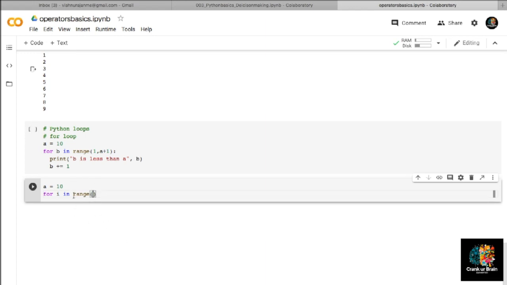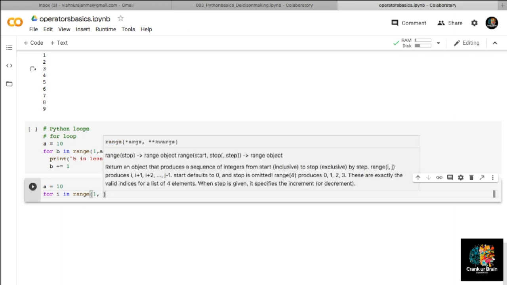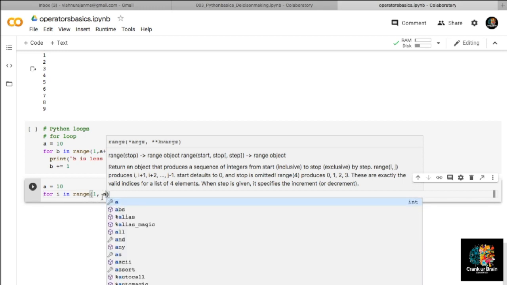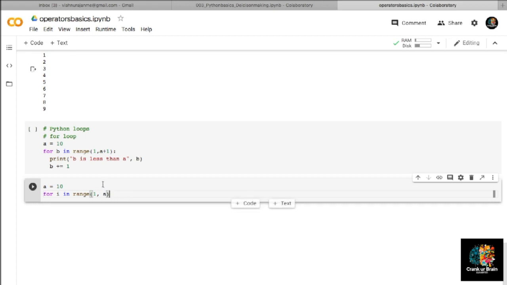And how this range function is working means the range function should be having a beginning and it must be having an end. So the beginning I am specifying it as 1 and the end I am specifying it as A. So the range values over here will be starting at 1 and it will be ending at A, 10, right? But please keep it in your mind, even though here I have specified as 10, it will not be including 10. That is, the values will be starting at 1 all the way up to 9 only. It will not be including the last number.